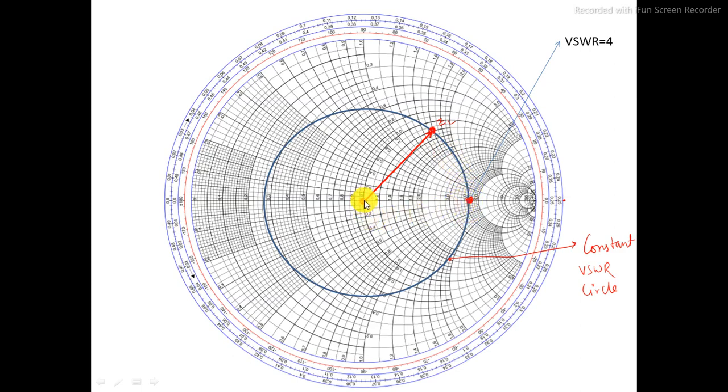Just remember that the center point is 1 and this point is infinity, so the value of VSWR will lie between 1 and infinity. This is the VSWR range: the minimum possible VSWR is 1, the ideal value, and the maximum is infinity. It cannot go below 1, so you can check that when you find VSWR for a given load. Here you can read this point, that is 4. So for this particular load impedance, VSWR will be 4, and that will be constant throughout the transmission line as we move along it.